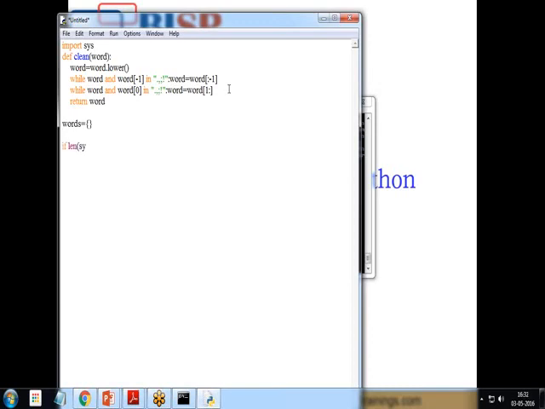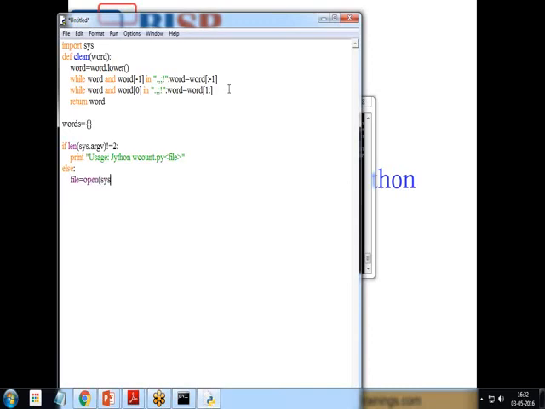So if length of sys.argv is not equal to 2, then it will print a message: print usage Jython wcount.py and Python. And indentation is very important. Else